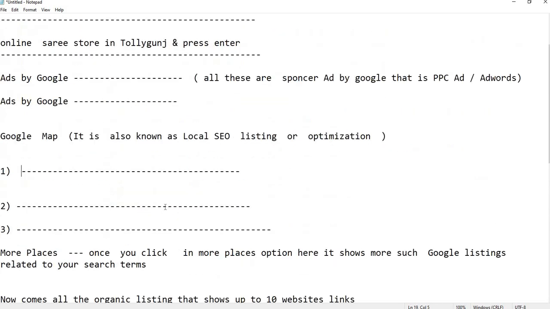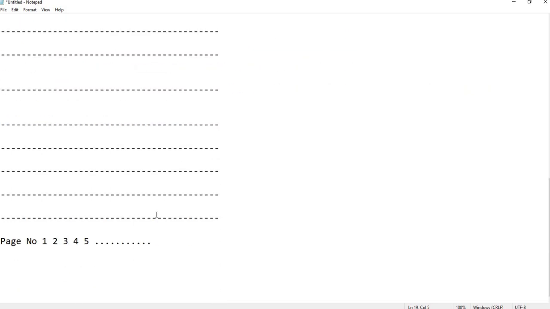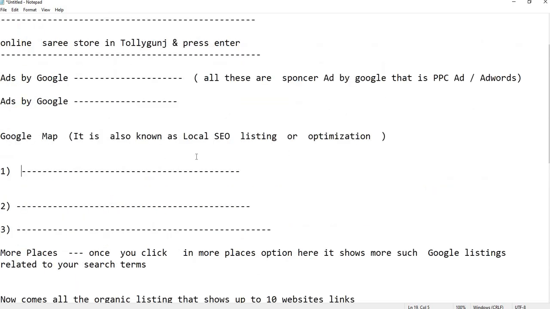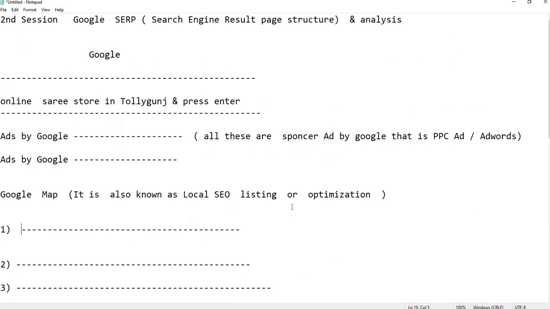Okay. So based on our listing category, that is whether we are doing local SEO listing or organic SEO listing, our entire work of SEO or digital marketing actually varies.